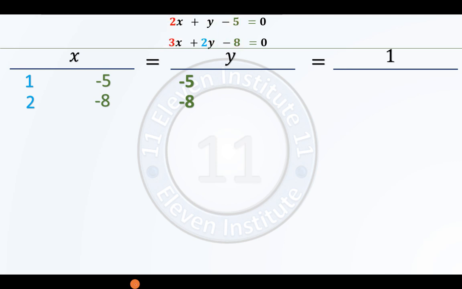Now this is the chance of y, so we will place our finger on y. We can see we are left with 4 numbers, 2, 3, minus 5 and minus 8. But minus 5 and minus 8 are already written over here. So now what we are left with is 2 and 3. So we will copy 2 and 3 from here, you can see, and we will place them besides minus 5 and minus 8 like this.